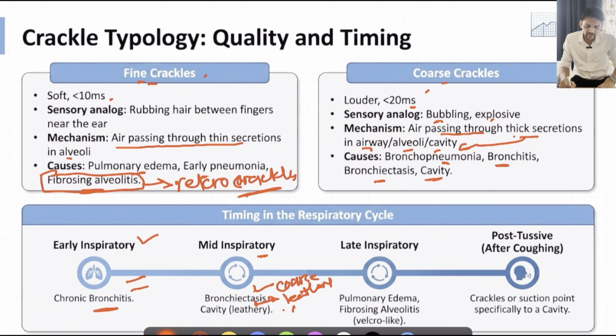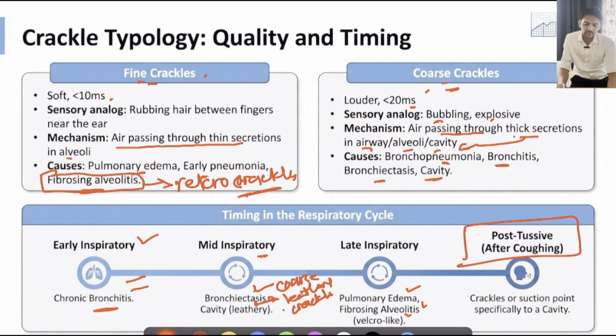leathery crackles, which is again a hallmark feature of bronchiectasis. Suppose these adventitious sounds are late inspiratory. This is when the air reaches almost the alveoli. So think of some alveolar pathologies like pulmonary edema or fibrosing alveolitis, where I have mentioned that it will be velcro kind of sound. And regarding relation to the cough, if we ask the individual to cough and auscultate again,